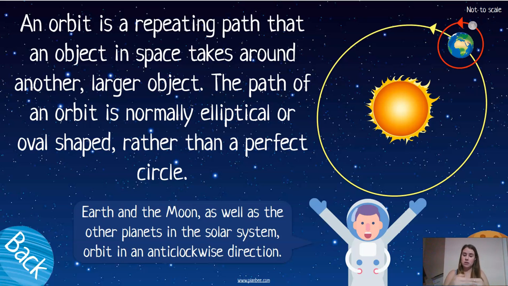Hence why if the sun is closer during the summer, obviously we then get more heat. So that tells us the sun's actually closer to us than further away, which is obviously when we'd have winter, okay? Now, the Earth and the Moon, as well as the other planets within our solar system,